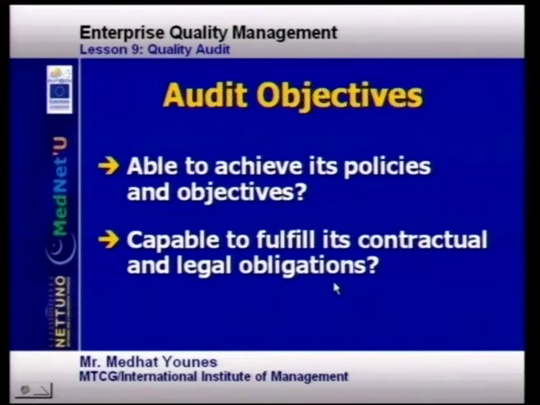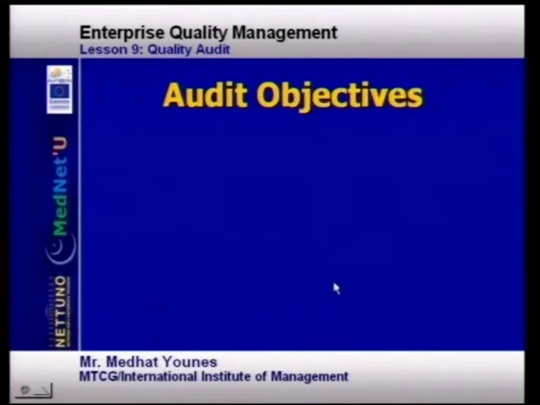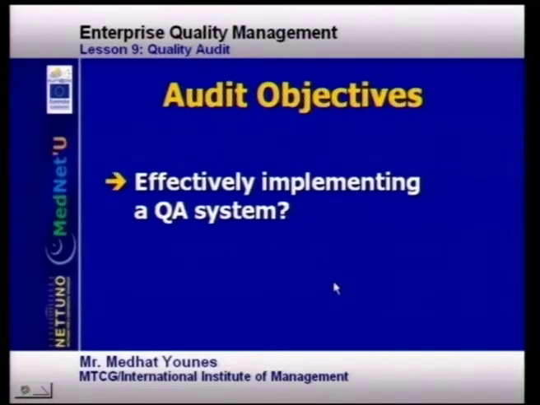What are audit objectives? The objectives of an audit are to assess whether the organization is able to achieve its policies and objectives and business objectives, that the organization is capable of fulfilling its contractual and legal obligations, that the organization is effectively implementing a quality assurance system,